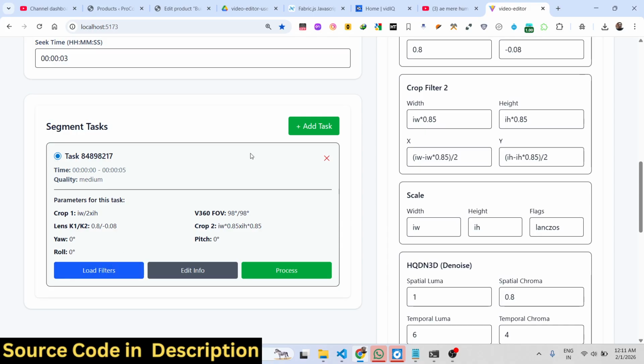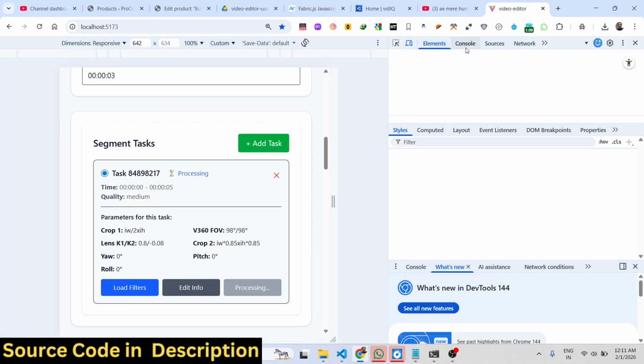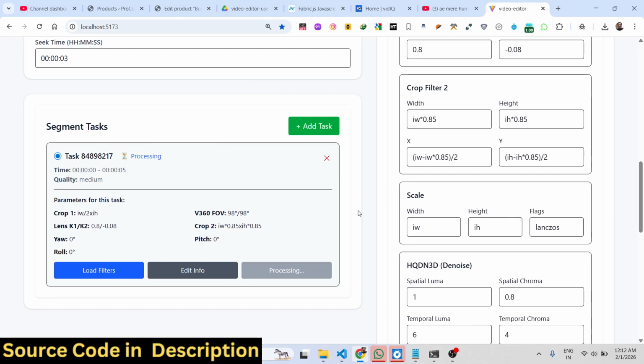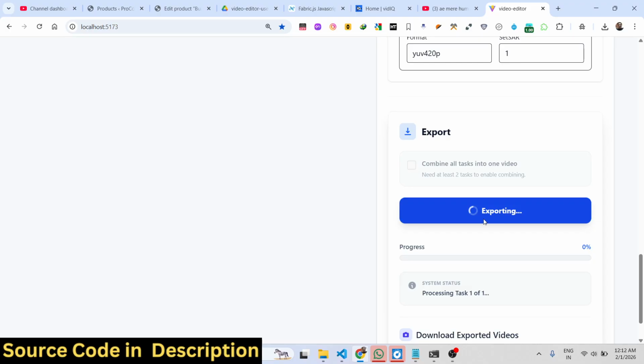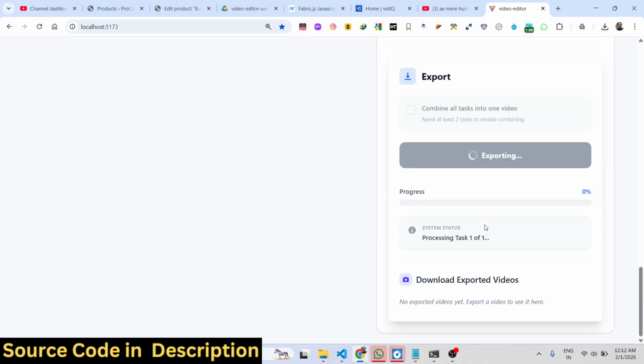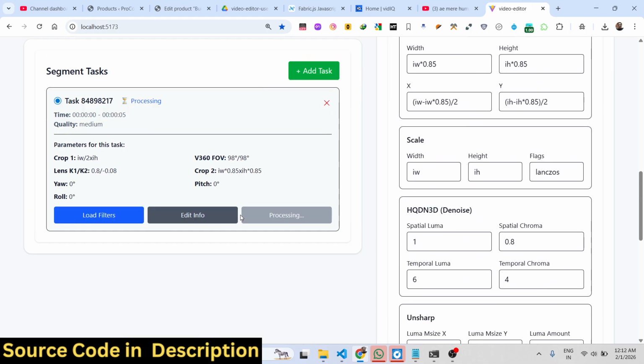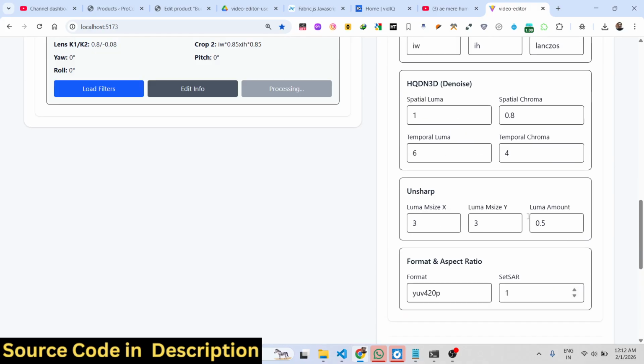So here you can load the filters and click on process. There is an option to process each segment here. So FFmpeg will directly execute all these processing directly in the browser. So there is no need for refreshing the page. It will automatically download the video once the task is completed. You click the start export button and it will take some time for the processing to fully complete, and you will get the notification once the